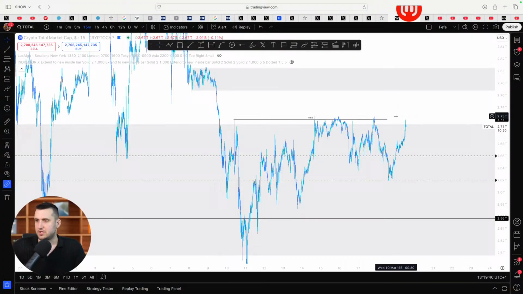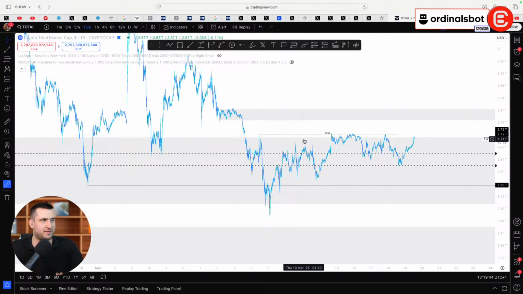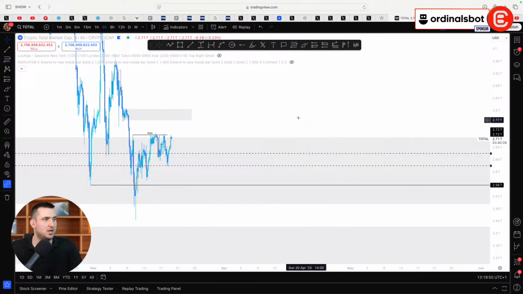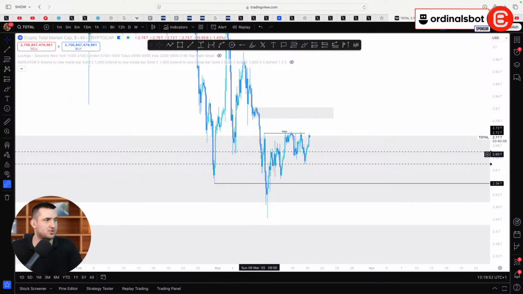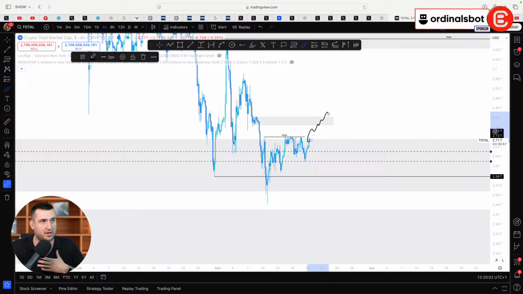Total analysis. So here's what I'm thinking. I think there's a bunch of liquidity built up. Very important to know, this here is a very strong high. Very, very strong high on the 4 hour as well. On the hourly, this is a strong level. If we have a 4 hour close above here, that signals a massive reversal, in my opinion, at least on the daily. That would mean we're going to go back all the way up here to the 2.81 as a first rejection